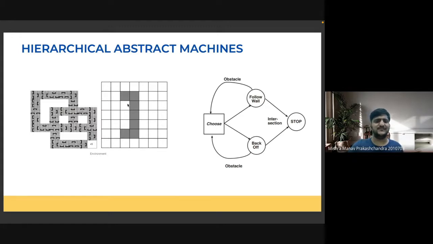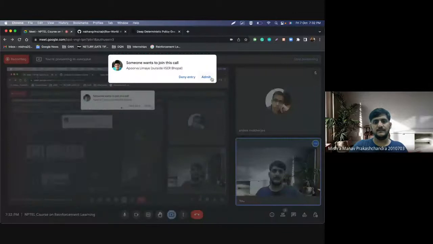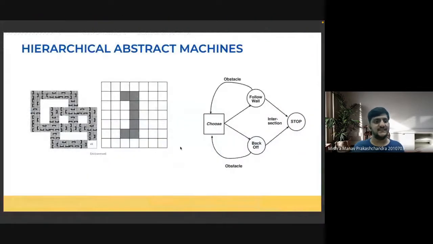You can either follow the wall until you get out of the obstacle. Otherwise, you can simply back off, select some random action and then proceed ahead. So this is how the hierarchical abstract machine looks.